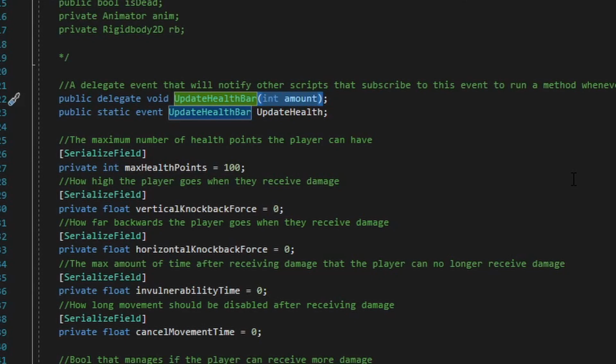For the situation in this video with the HUD, the event is going to need to know an int value of what the current health is on the player, so we set up an int parameter for this delegate so that any method that subscribes to this event will be receiving some sort of int value. Whether or not it's the int value that the UI needs is a different story, but it'll help ensure that any method that runs whenever this event is called will be providing some sort of information needed in order to